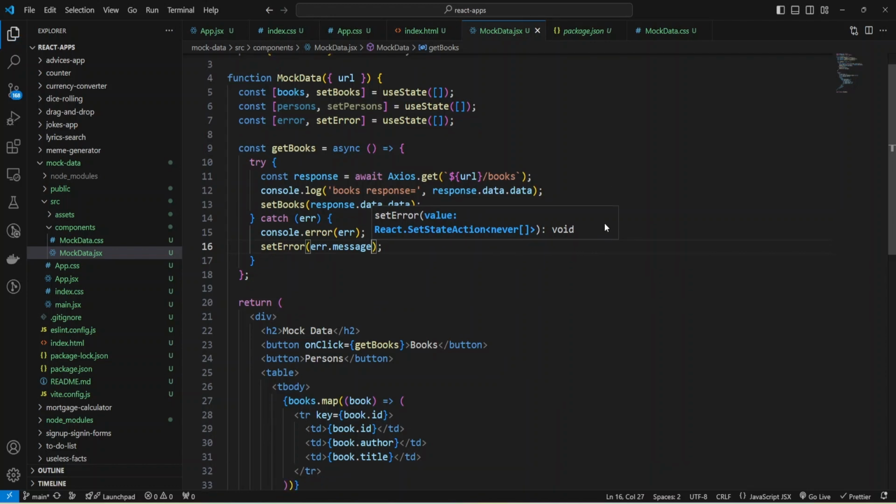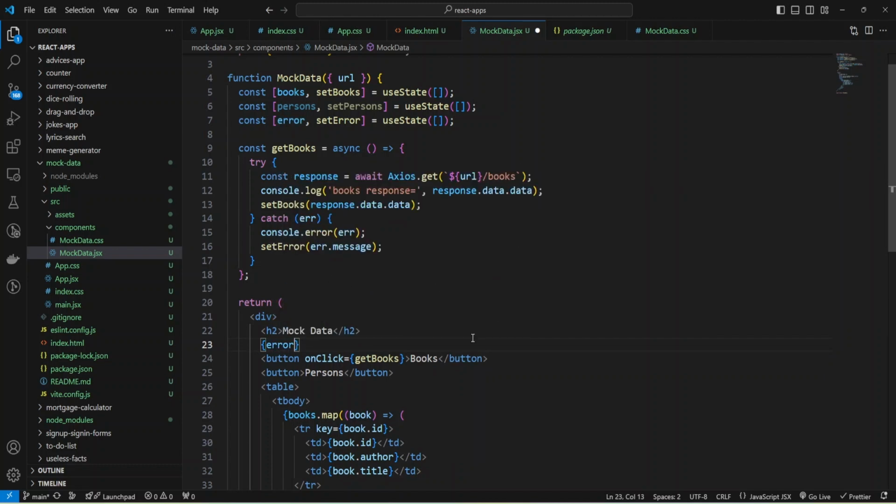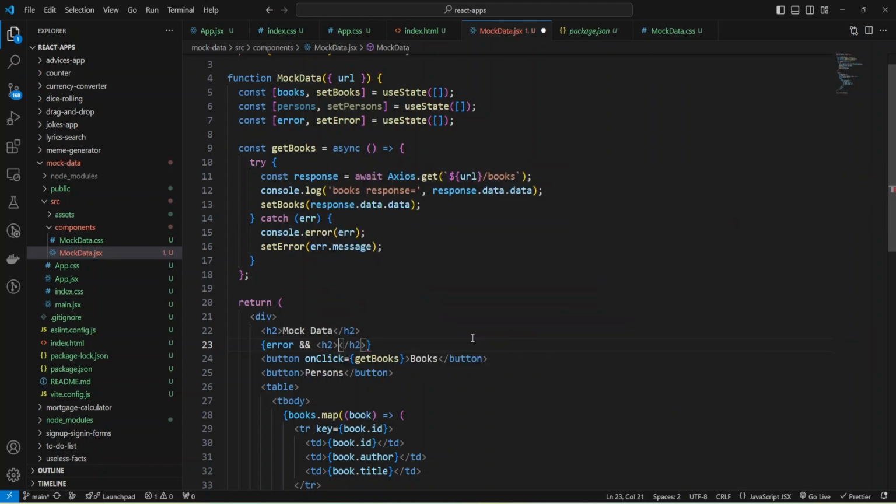If we got an error, I can show it in JSX and check with conditional rendering. If error, I can provide an h2 tag and provide my error.